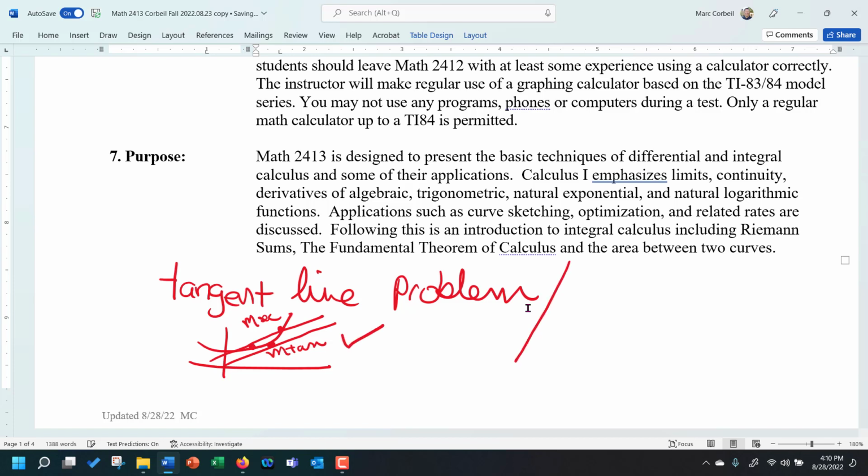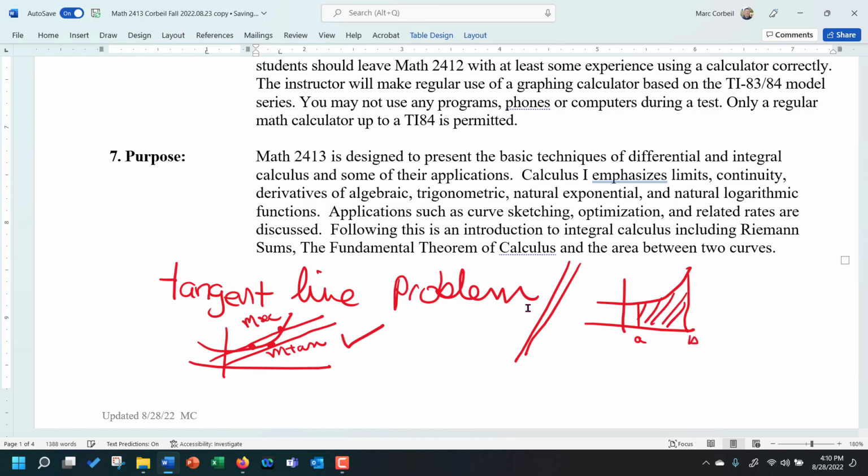And that's going to give us a whole bunch of tools and things that we can do that we couldn't do before. The other problem is also a pretty simple problem: we have a curve. We're going to find 2 points on that curve, and we're going to find the area under the curve.